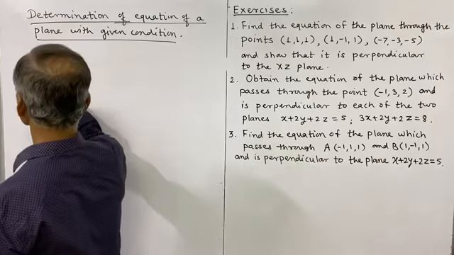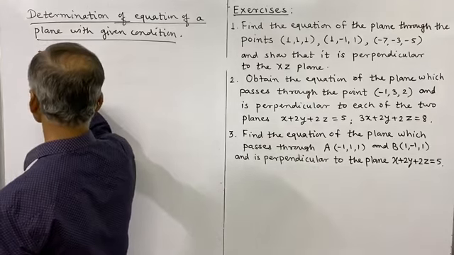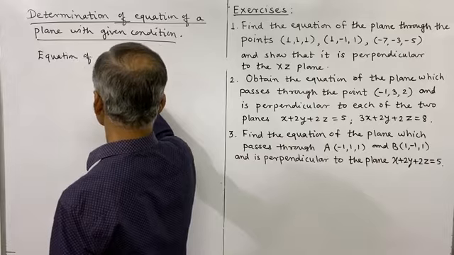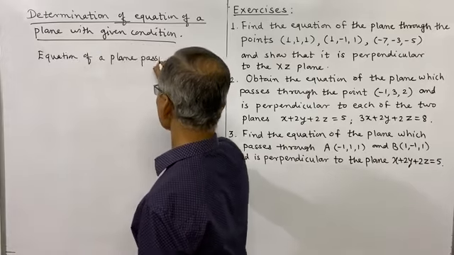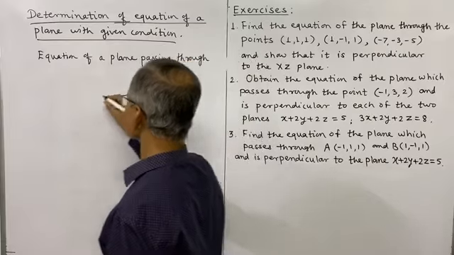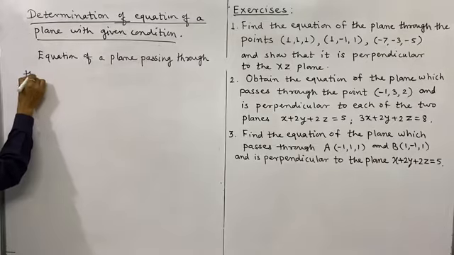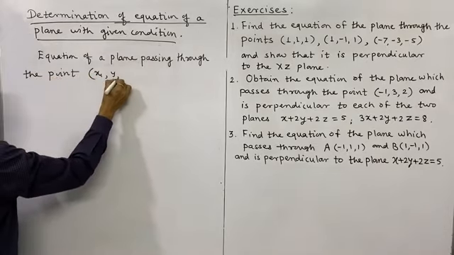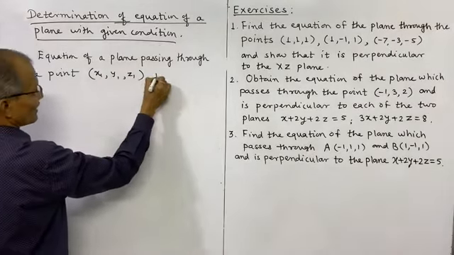So we'll first note that the equation of a plane passing through the point whose coordinates are x1, y1, z1 is